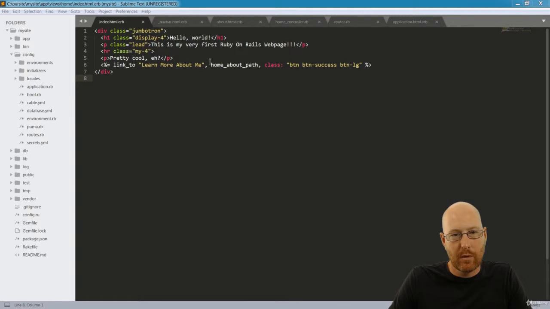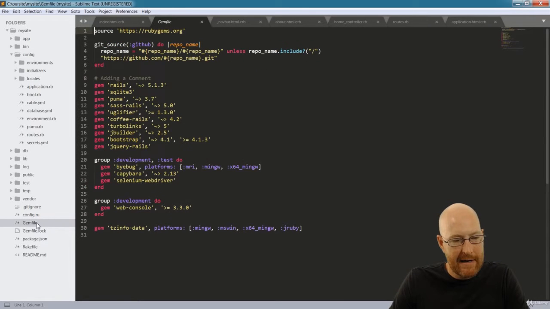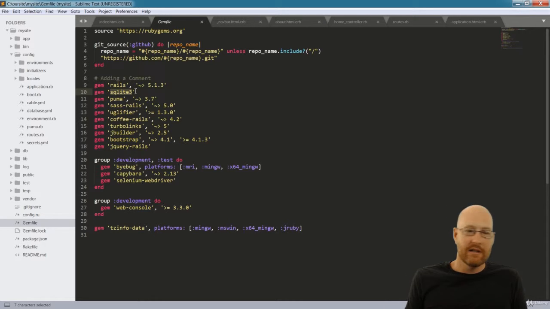Okay, in this video, we're going to set up Heroku and push our code up there. Before we do that, though, we need to make a quick change to the Gemfile. So Rails comes with this SQLite 3 database. It's a very lightweight database that is basically just for development purposes. In our little thing that we just created, we're not even using a database, so it's not that important to